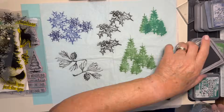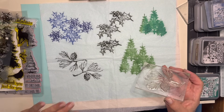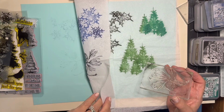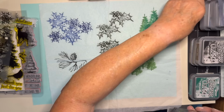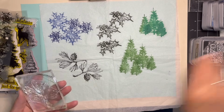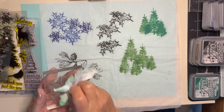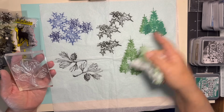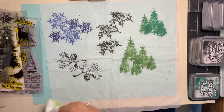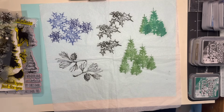So what you can do is just stamp away with whatever you've got on your piece of tissue. This is the inner piece of one of the napkins that I've used the outer design of. So you've got the idea of that now. I'm just stamping away. Don't like those, there's just too much colour, but let's just clear this and I'll start and make a card